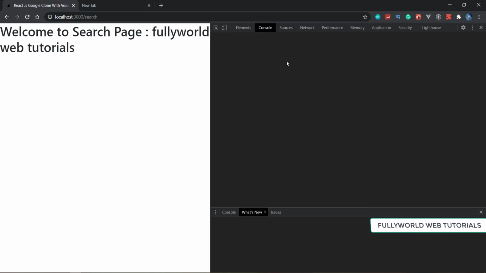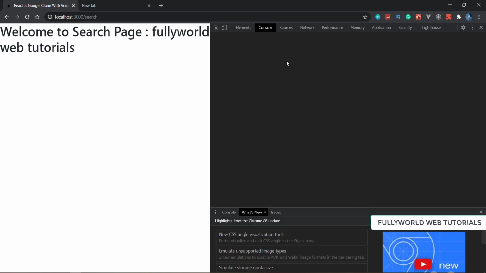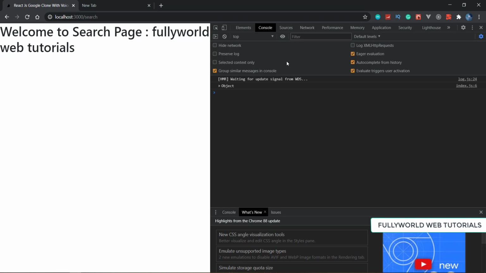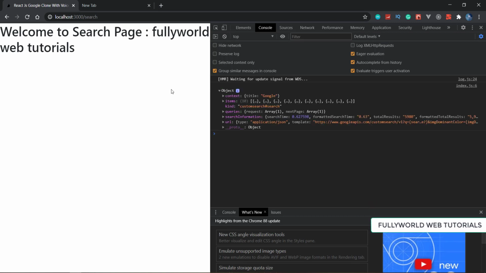So today in this part we are going to set up our search page. We are not going to display data yet. In the next video we are going to display the data, but today we will just set up our header so that we can search from our search page also. So now, without wasting any time, without any delay, let's get started.